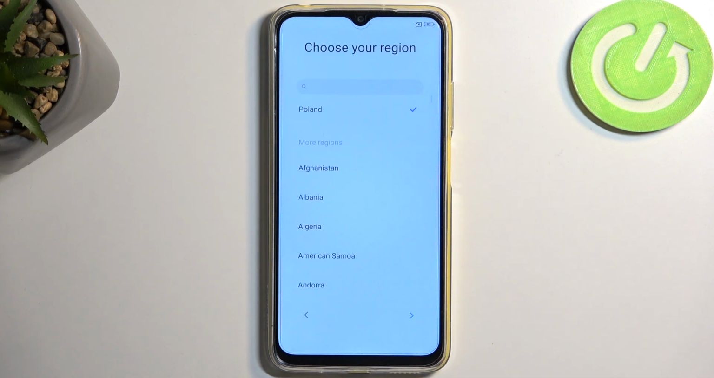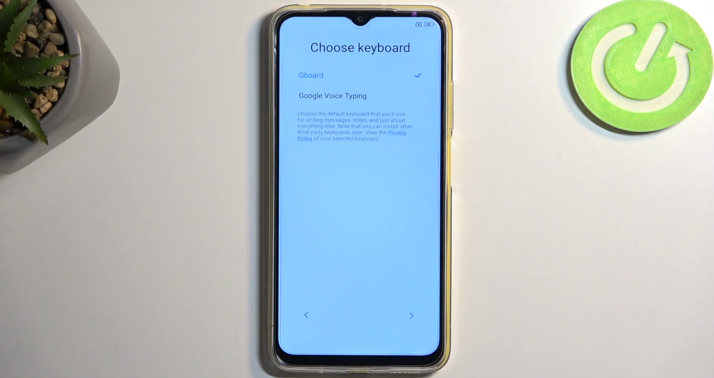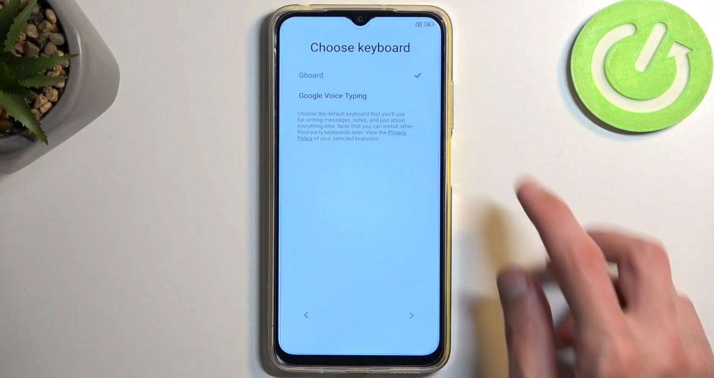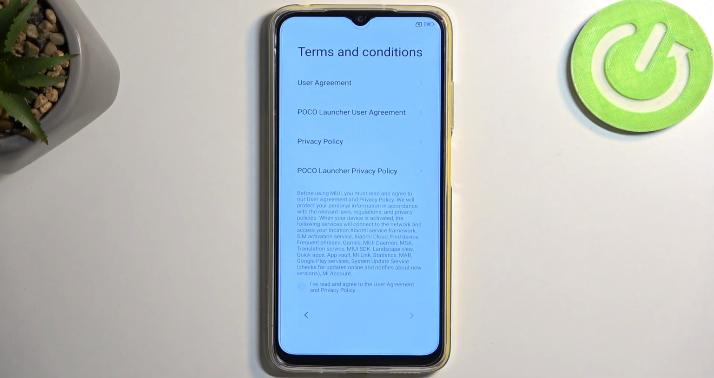And then we can go to the next page, which will allow us to choose our region. Now for me, it did select the correct one, so I'm not going to be changing it. Next we have a choice of keyboard. We have either Gboard, which is the only keyboard, and Google Voice Typing, which isn't a keyboard. Anyway, moving on to the next page, we have terms and conditions, which we do need to agree to by